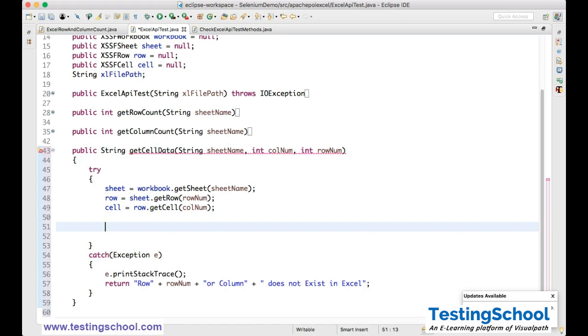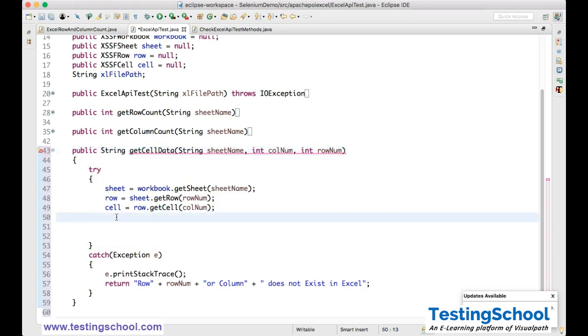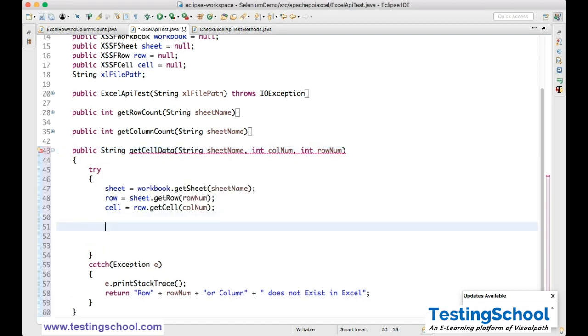So that is the reason first we need to find which kind of data is inside that cell. Then according to that, use that particular method to read the data and then convert that information into string. Why are you converting the data to string? So ultimately I am reading the data in the form of string. So the return type of get cell data is string. So that is the reason you need to mention